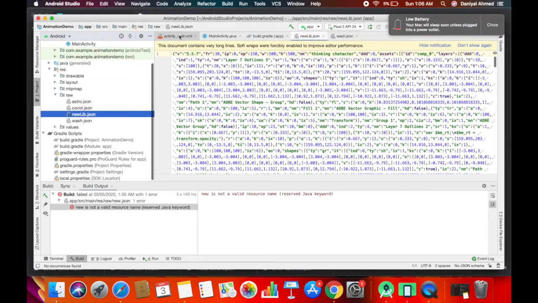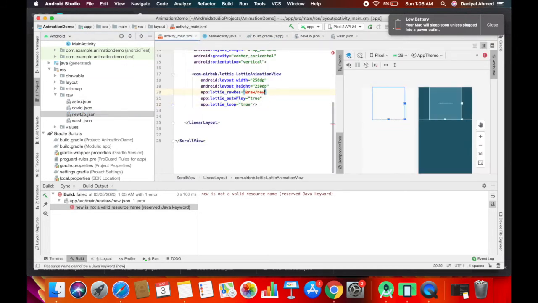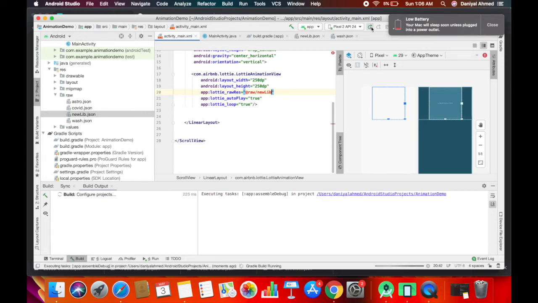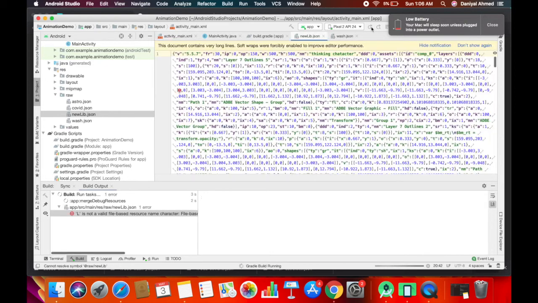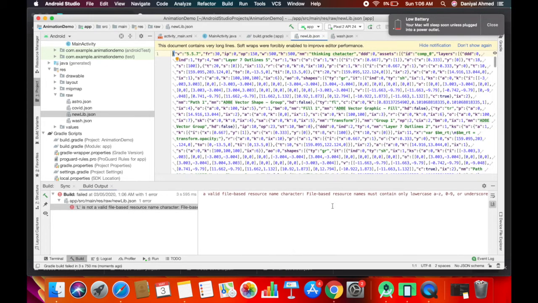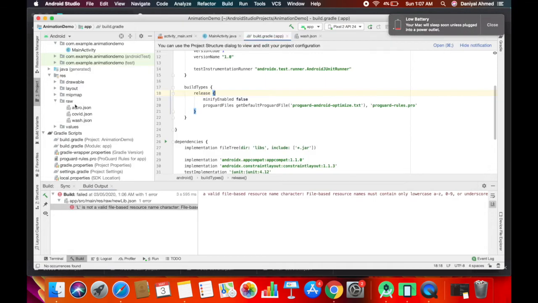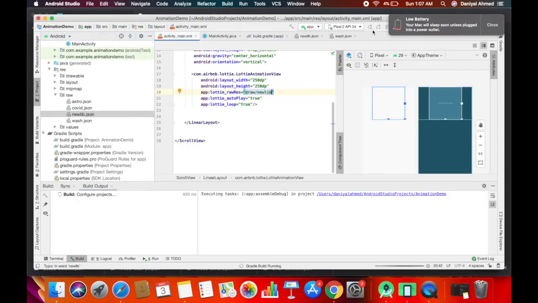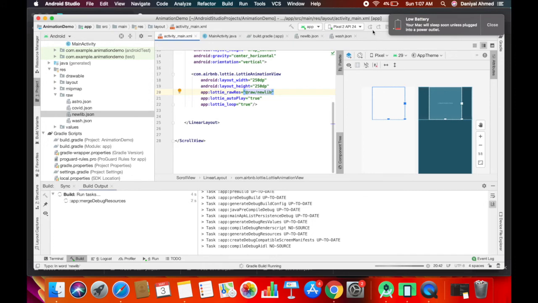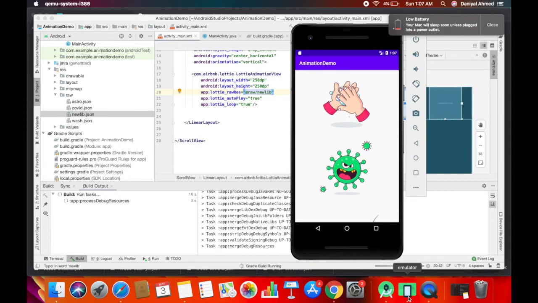Paste it here, and now newlib. So I renamed the file from new to newlib in order to avoid the conflict.